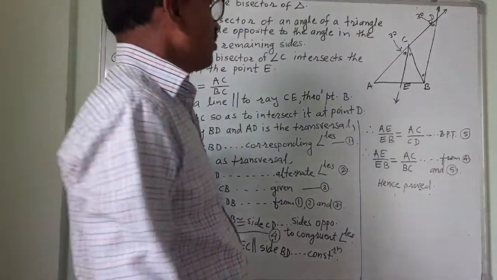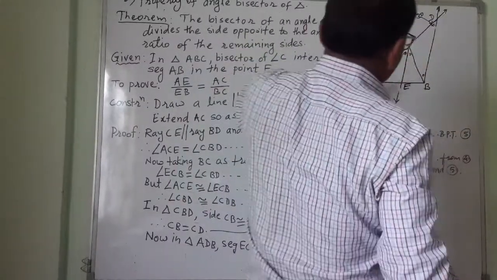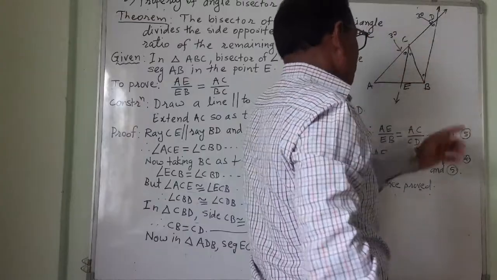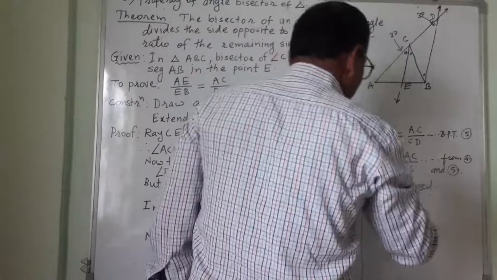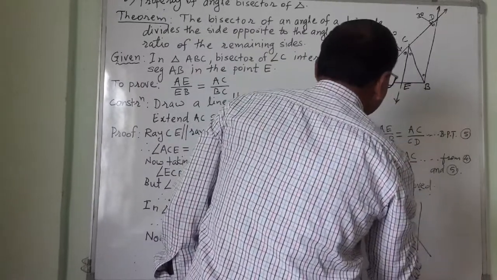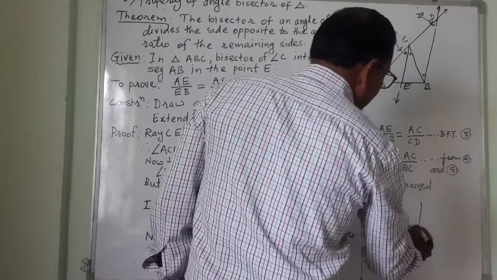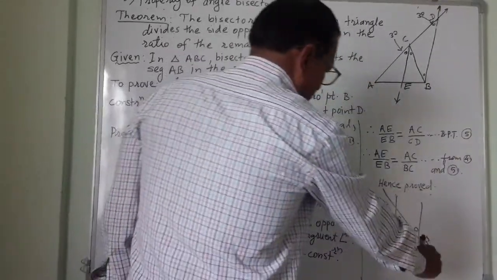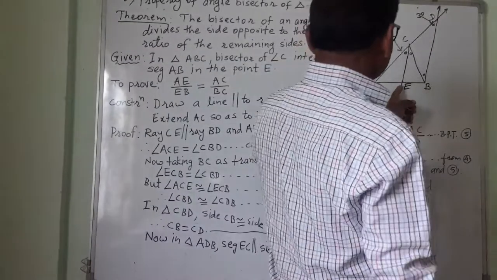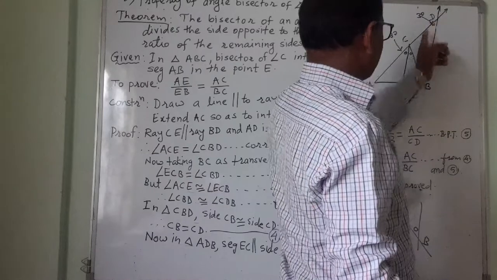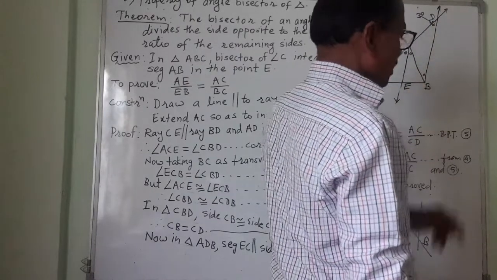So what we know? These two lines are parallel. Once this transversal I have taken, now consider this transversal like this. Parallel. This is the transversal. Here the point C, here the point B. So this angle and this angle would be same because they are the Z angles, alternate angles. Now which are those angles? See this. This is the Z. So this angle and this angle, they are alternate angles. So they are also equal.